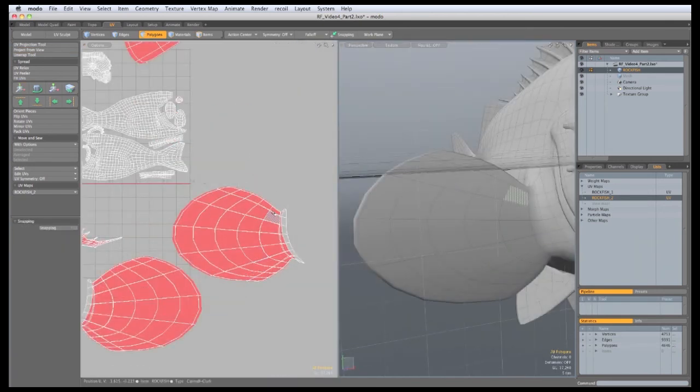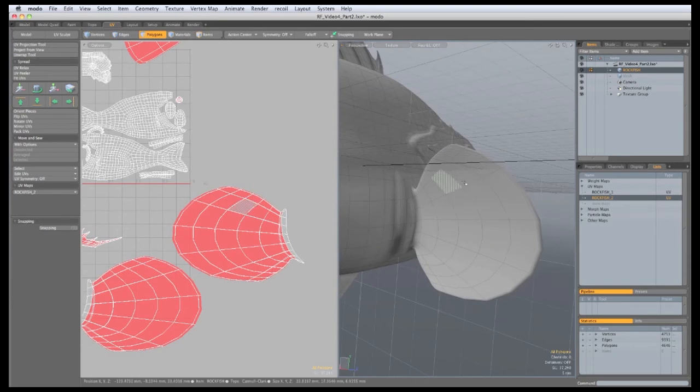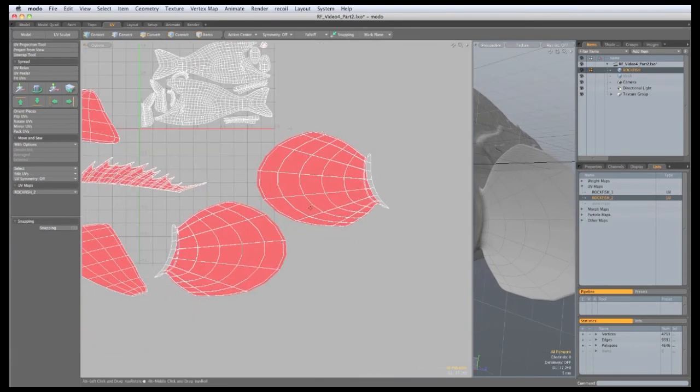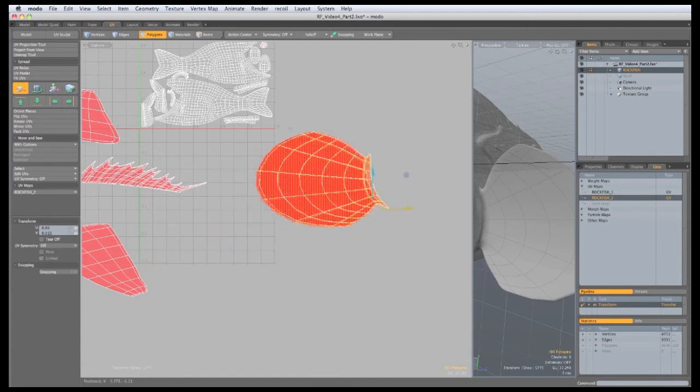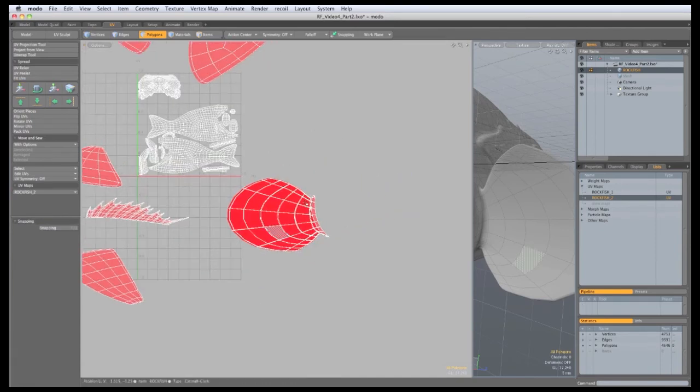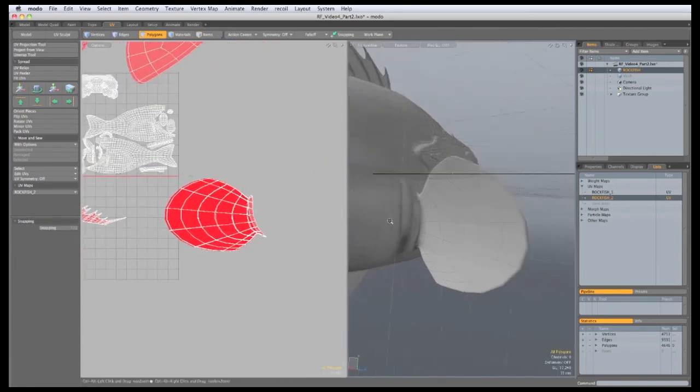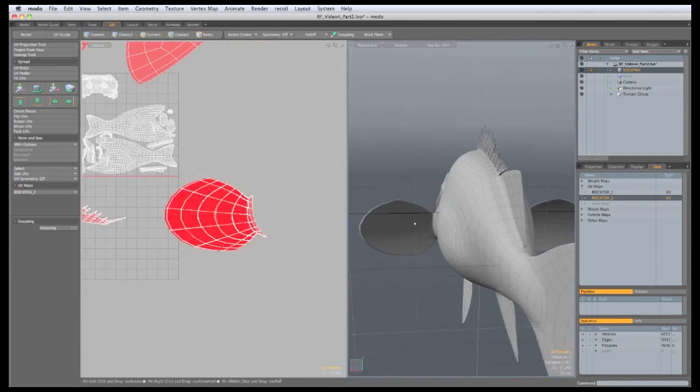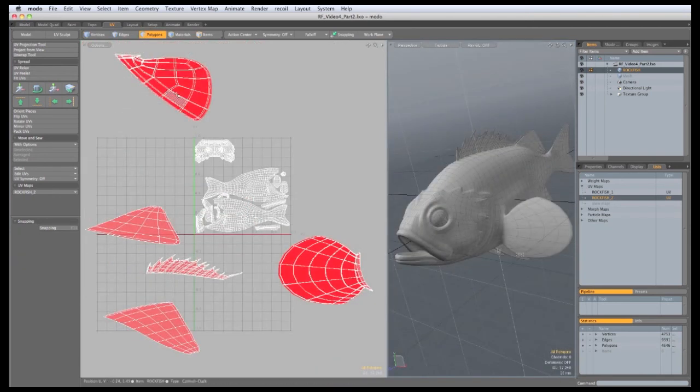So now I can paint a single stroke across this fin and it'll appear on both sides of it. But also, if I select this one and mirror it and then place that over that one, if I put a single stroke across it now, it's going to paint a spine on both sides of both fins. So I've stacked those fin UVs on top of each other, but of course there's one fin we haven't